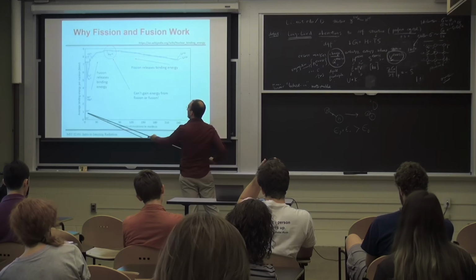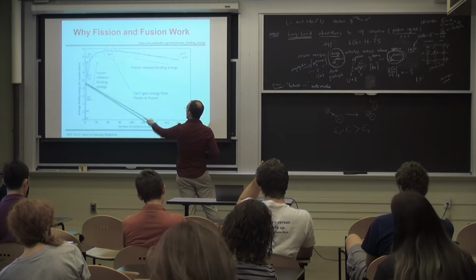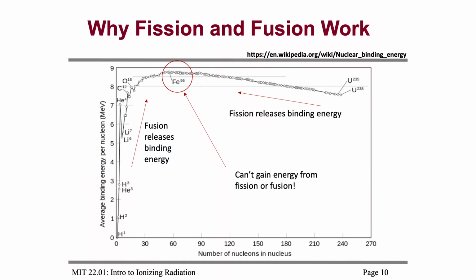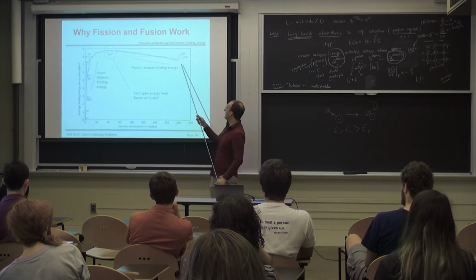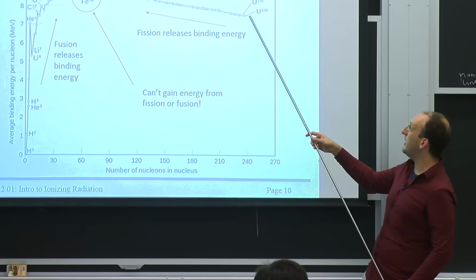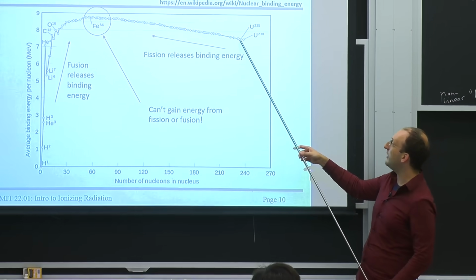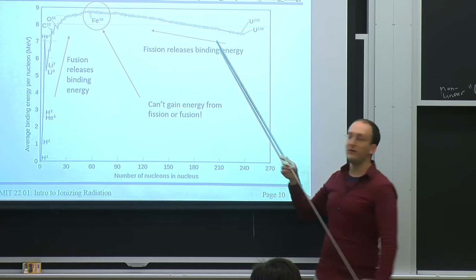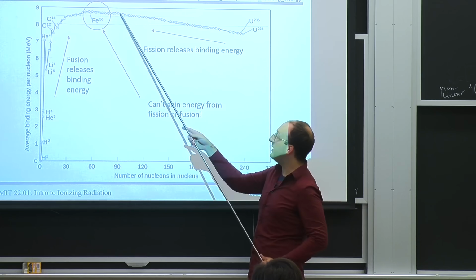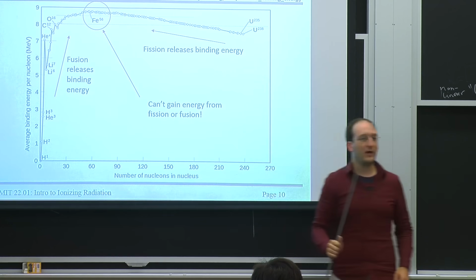So for the light isotopes, smashing them together should liberate excess binding energy, because you'll gain back some of that energy by the conversion of mass to energy. Same thing over on this side, though not as extreme of a gradient. If you were to split apart heavy nuclei like uranium-235, you can release a little bit of energy in fission. And once you get up here to iron, you can't go either way,